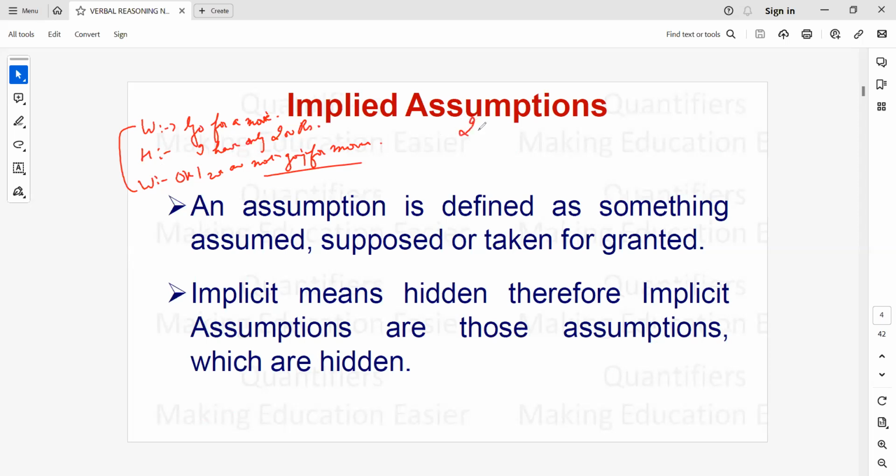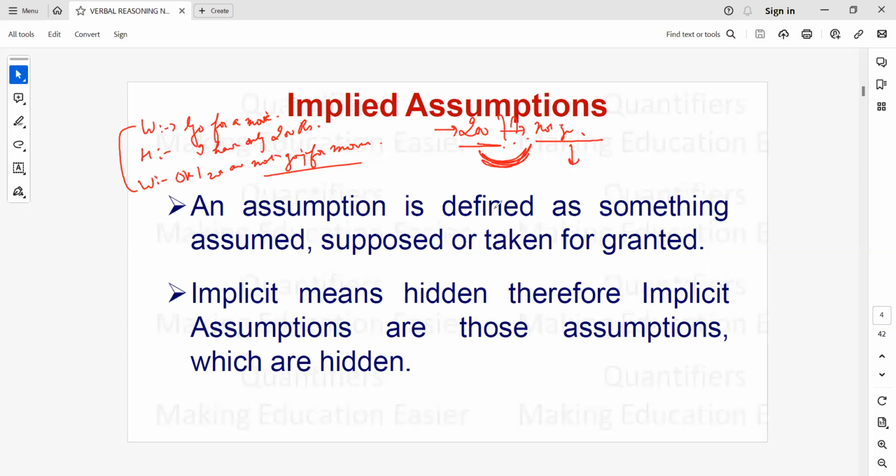What is the assumption? The wife says, let's go for a movie. The husband says, I have only 200 rupees. The wife says, okay, we are not going for a movie. So how are having 200 rupees and not going for a movie connected? What does the wife assume? Why did she say that we're not going for a movie? What is the missing link? She assumed that the movie tickets cost more than 200 rupees, and my husband has only 200 rupees and he has no ATM card, no Google Pay, no other form of money with him, right? So these were the assumptions of the wife.